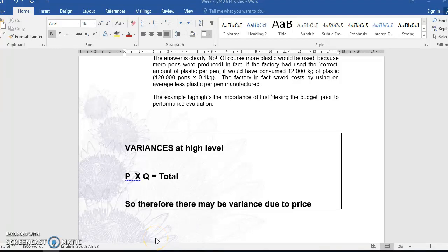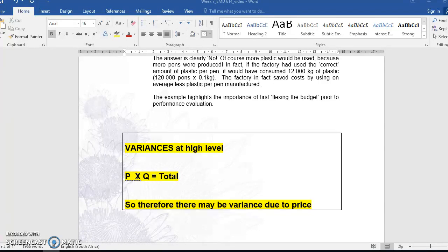Alright, so in this video we're going to go through the detail of calculating the individual cost variances. But before we get there, I just want to highlight this table over here to give you an understanding of really what we're going to do when we're calculating the variances. So if we think of any cost,